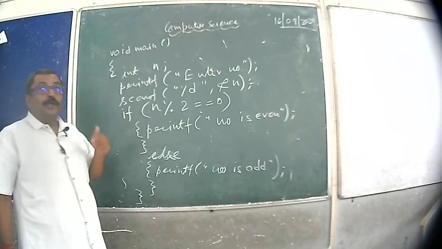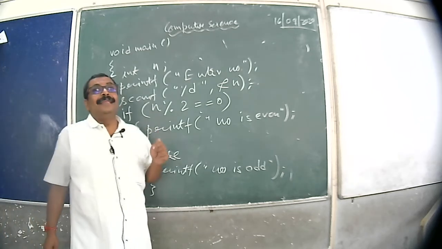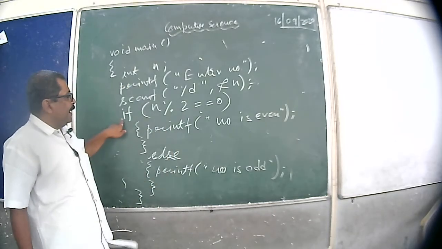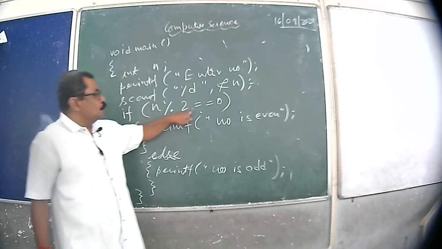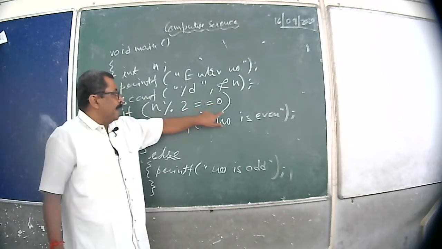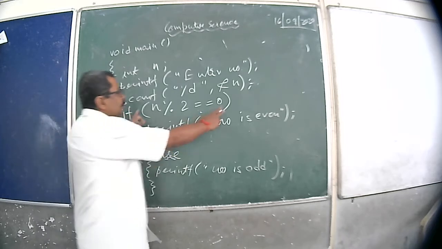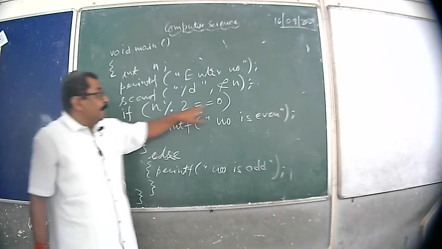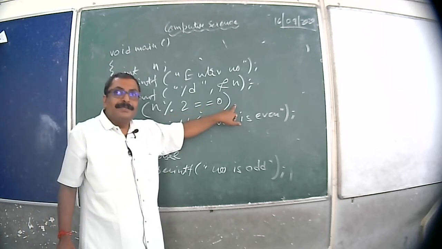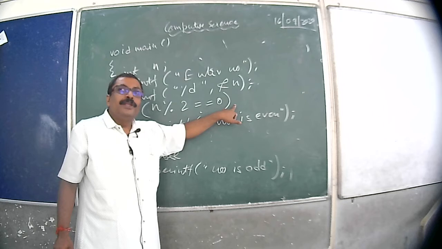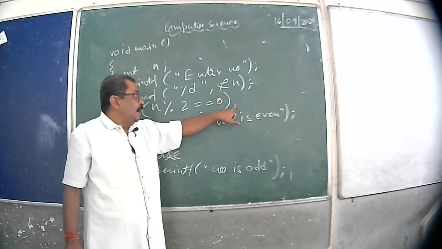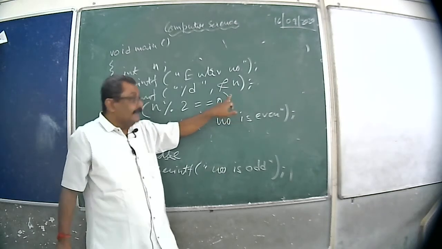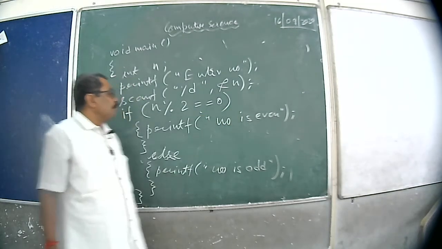I told you earlier that every line ends with a semicolon, that is the termination. Now, check it out. When you are giving the if statement, n percentage 2 is equal to 0 within brackets, open and close, in between these two parentheses is the condition. But do not think that I have missed the semicolon; that semicolon is not required. I told you that certain exceptions are there where the semicolon is not required, and that is one exception I am giving right now.